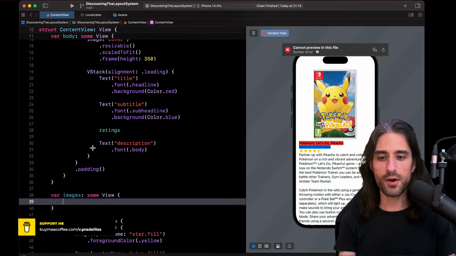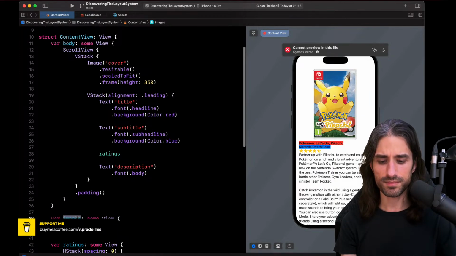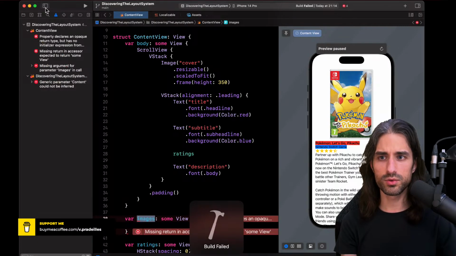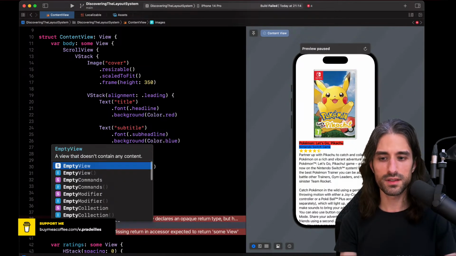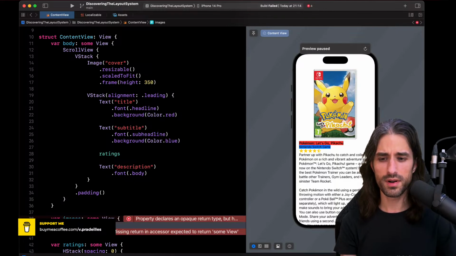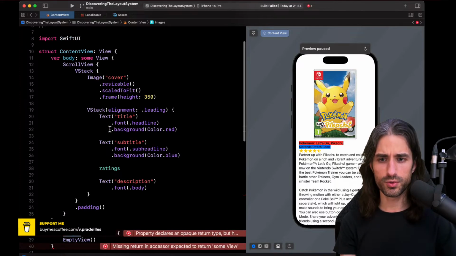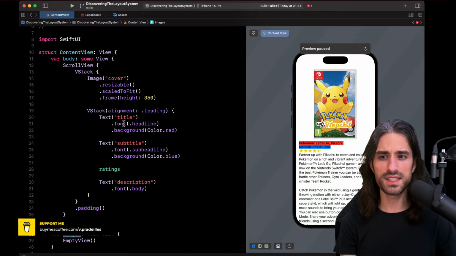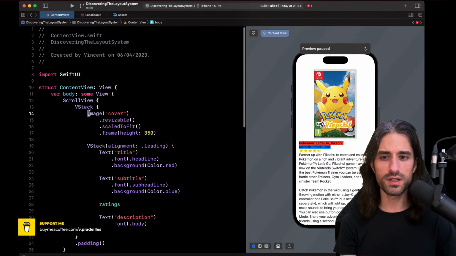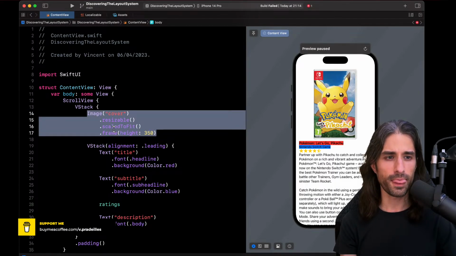All right. I will use it immediately. So for now, I need to provide something. I will just call it empty view for now. So I need to use it somewhere. Where shall I display the images? Actually, the images will be displayed here.